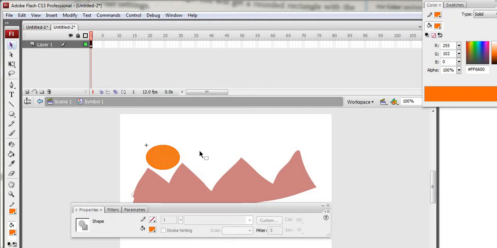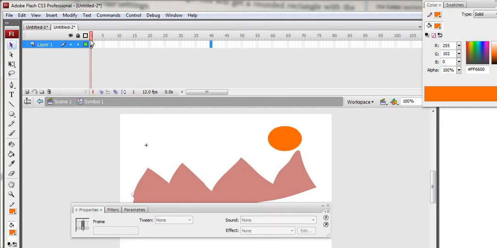Now I just want to select this. So after some time I want it to be here, right? So at this keyframe it is here. Wait a minute. Now I want this to be here at 40.